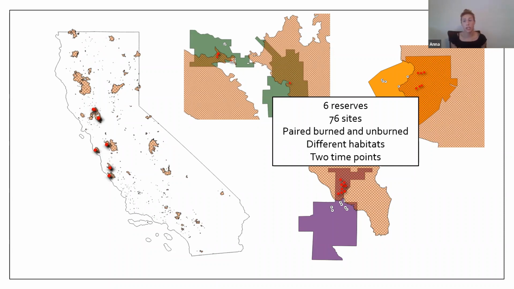We also wanted to look at different habitat types. There's quite a lot of research in forest or grasslands, but there are, of course, multiple habitat types in California that are now being impacted by fire. So we also sampled across different habitat types. And then lastly, there were 2 different time points. The first sampling occurred in the fall of 2020, and then a second sampling occurred in the spring of 2021. So this allowed somewhat of a recovery trajectory, but also for the arthropods, of course, there's going to be a large seasonal difference between those two time points.